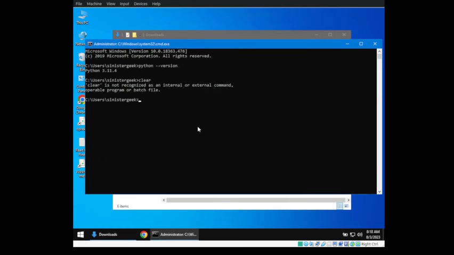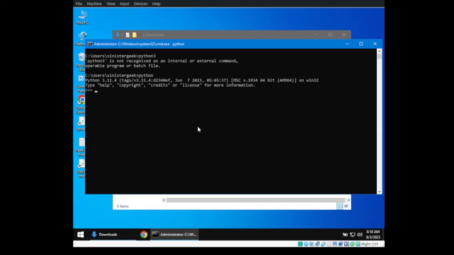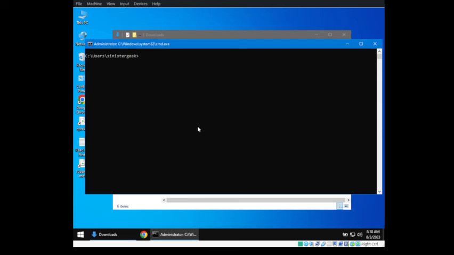So it has been installed. So I think it's for CLS and Python 3. Let's do Python. Now it has been successfully installed. So let's do CLS. Then we can do pip install